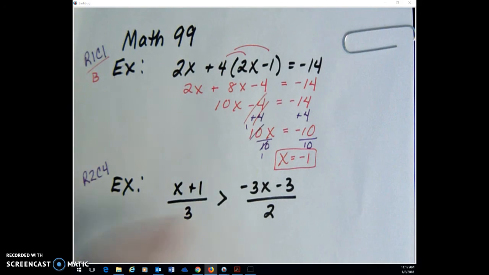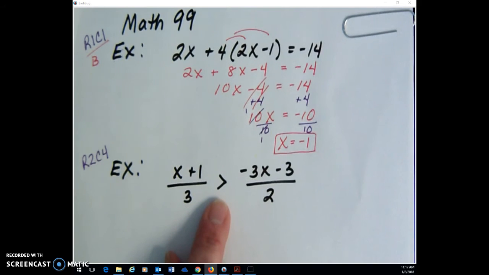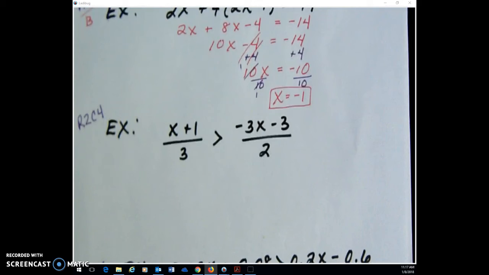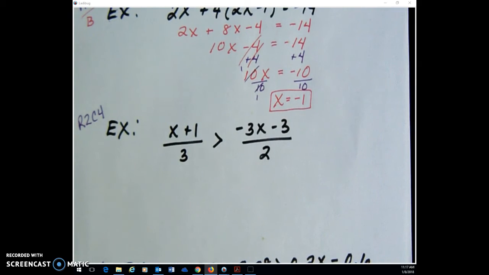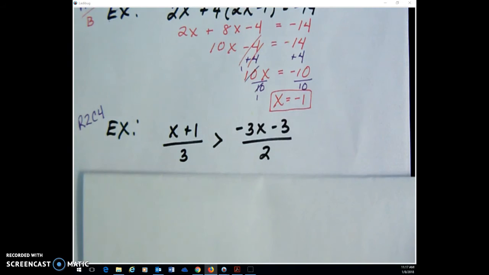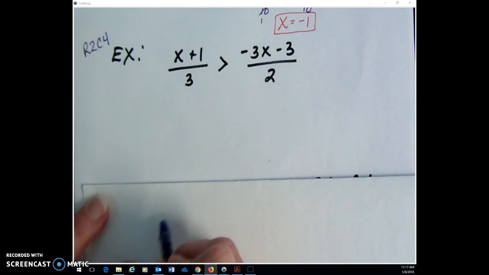Now, the next problem, this is an inequality, so we have to remember, and we'll work more with these later, if we need to divide or multiply by a negative at any point, then we must reverse the inequality. And I'm just going to put a little aside here, just a side note of why that is. So I'm going to put that down here. Side note